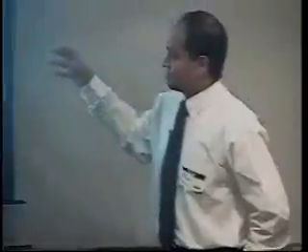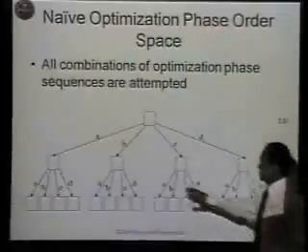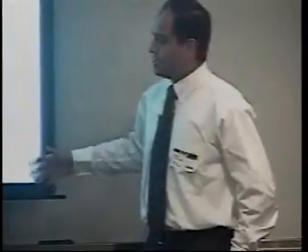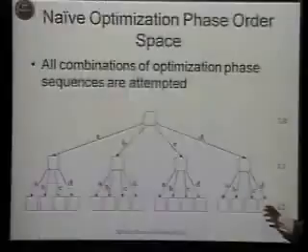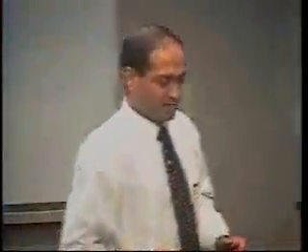As you can see, this representation, the naive optimization phase order space, is now represented in the form of a tree where nodes are function instances and edges represent transitions from one function instance to another on application of an optimization phase. At the same time, you can also see that there is an exponential growth in the number of function instances at every level, and very soon this space will become impractical to exhaustively enumerate. In the next slide, I will show how we can find redundancy in this space and remove certain nodes and edges to make the growth more manageable at each level.